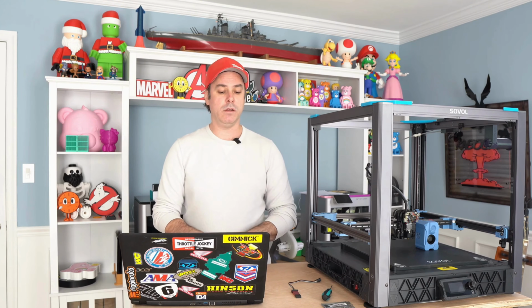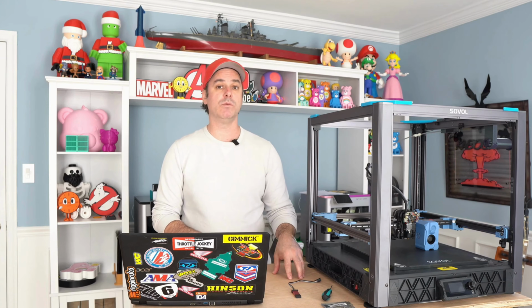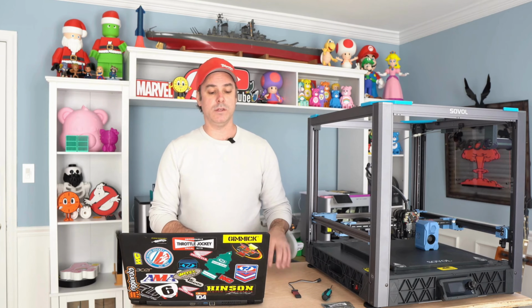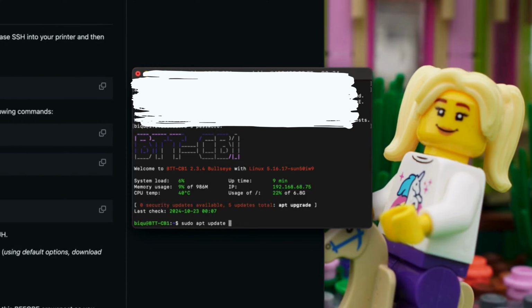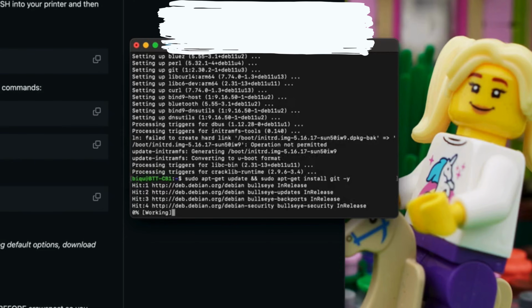So step one, we're going to use the instructions heavily for this section because we can copy and paste these commands. So I'm going to run through which ones to run. Didn't have any problems with any of these commands, so we can just run through this section altogether. So step one is an update to the OS. So run the command that's listed there, and I'll show you on-screen examples through this whole process. And then once that's done, we can do our git install. And once we have that installed, we can clone